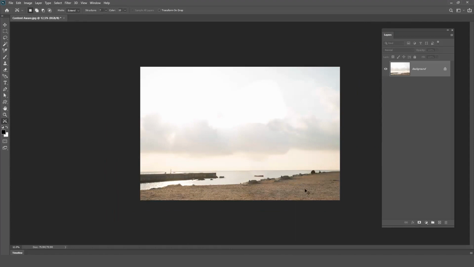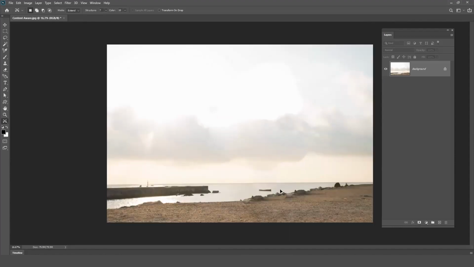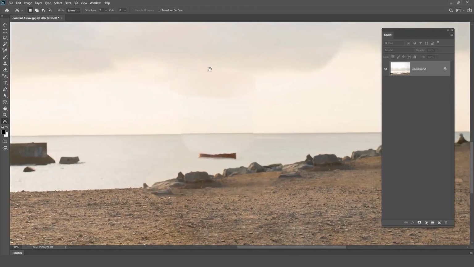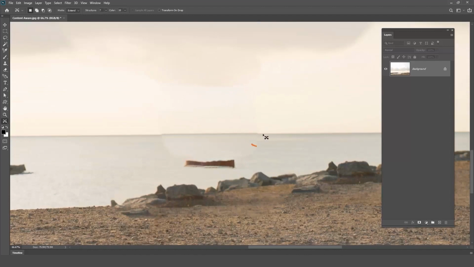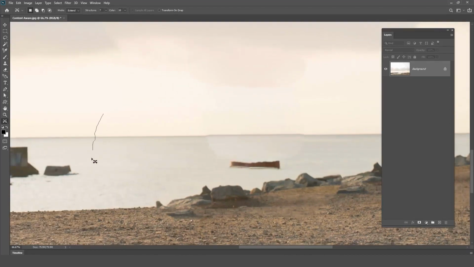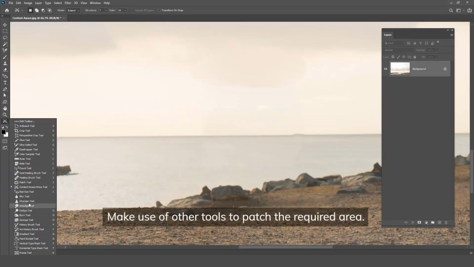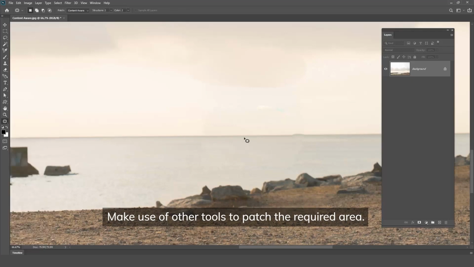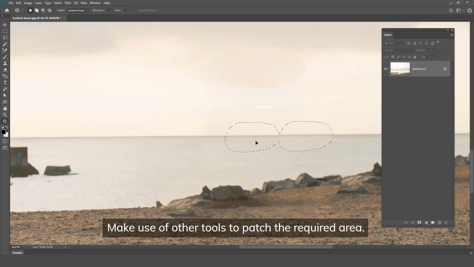So this is how we just got rid of the entire character which was overlapping the sky, the sea and the land. Again, just to fine tune, you can see that this area is not perfectly aligned and there's still a patch left over there. So let's go for another selection over here and then place it over here, and if required I can use any other tool, for example patch or clone tool, to just patch up the required area.